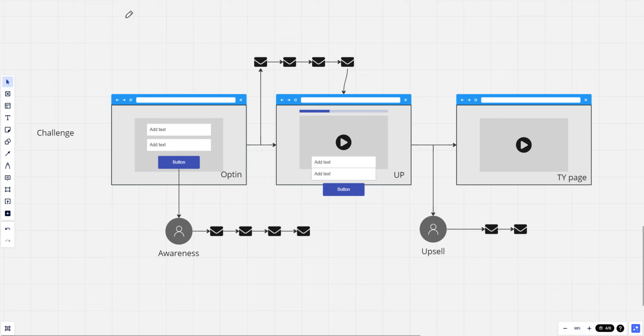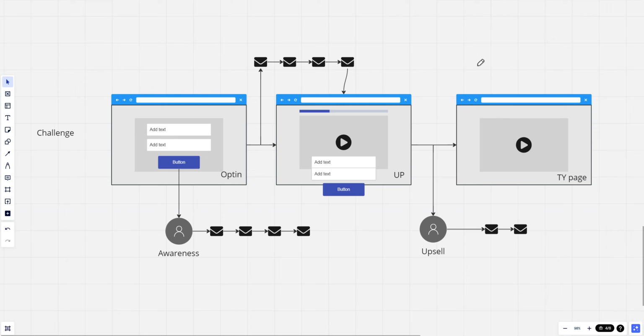You don't want to trick your audience just for the sake of a higher opt-in rate. Now, then you want to think about, is this going to be a paid or a free challenge? So what's the difference? The difference is free challenges have a lower risk, so people are more likely to just opt in. And in case they have time and they like it, they show up. And if they don't show up... So although you can have a higher opt-in rate, maybe you'll have a lower show-up rate and a lower conversion rate when it's time to sell the product that you are selling on the challenge.